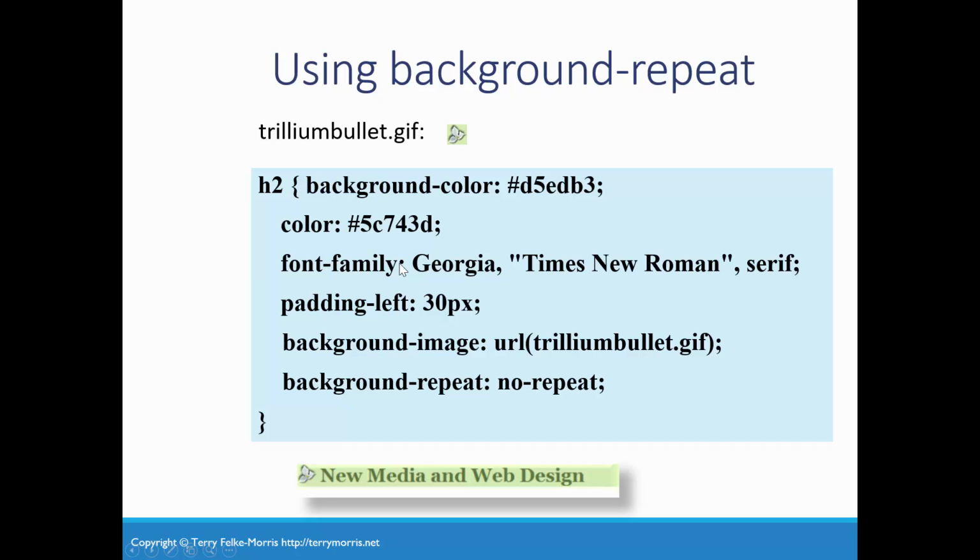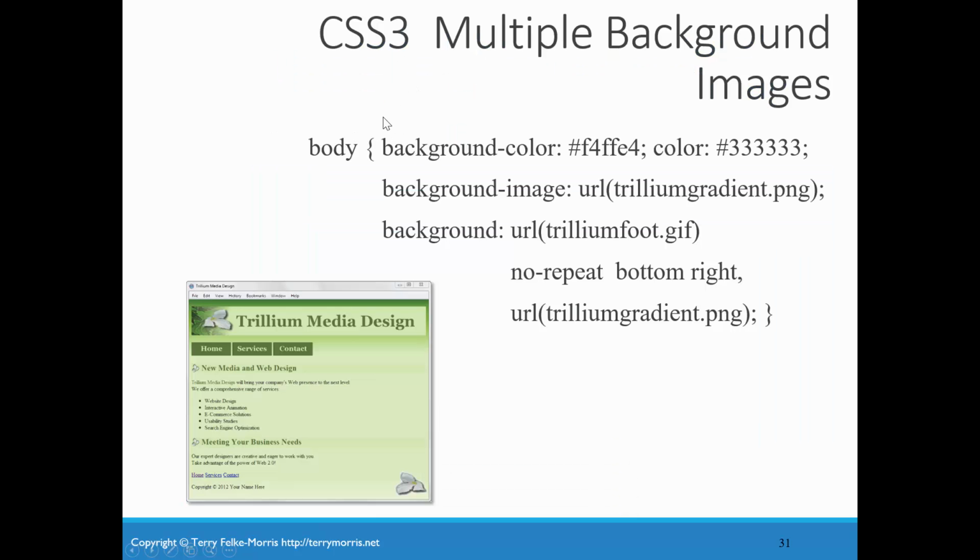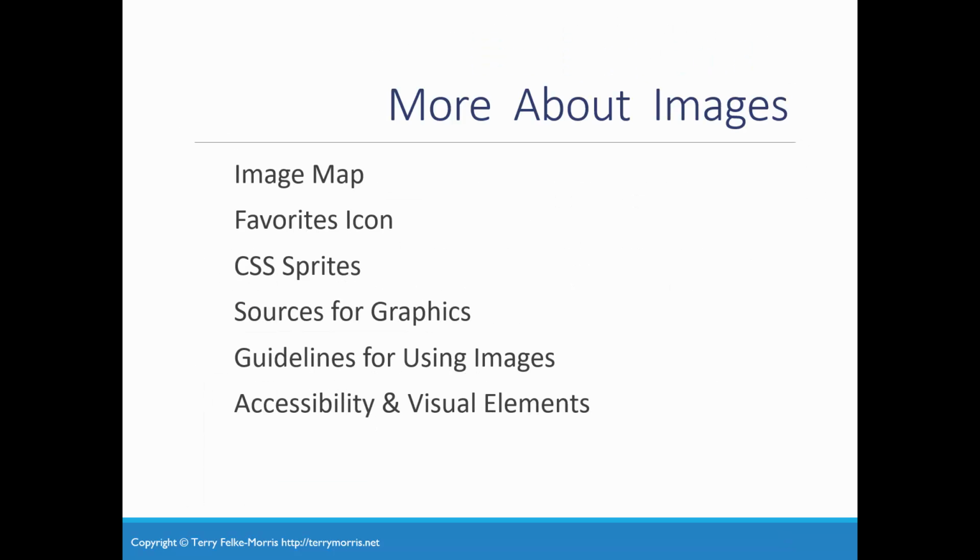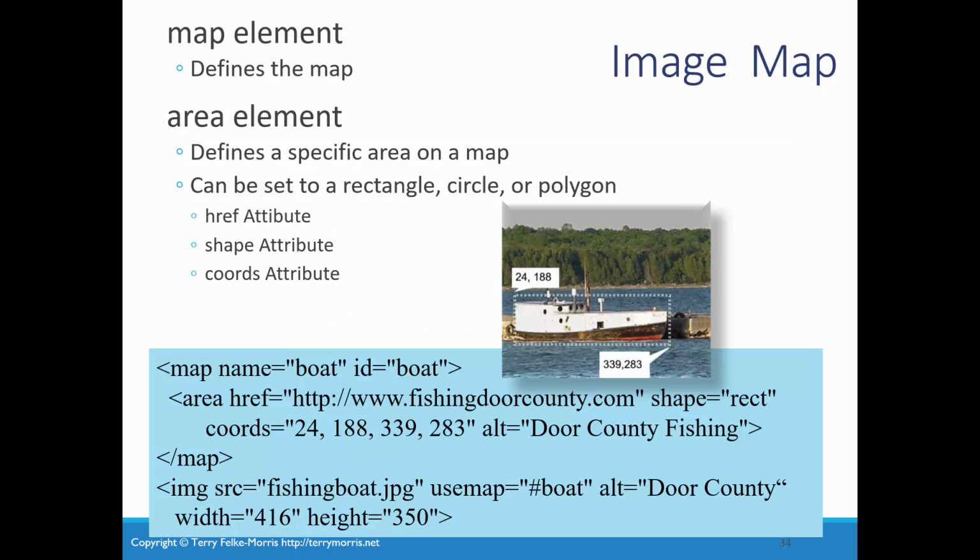All right, so there's just a couple of examples of what you can do with this. Multiple background images, so we could have more than one if we wanted to. I'm not going to get into that right now. I think that's fine. A couple other things that you can do here, such as image maps, favorites icon, CSS sprites, sources for graphics, guidelines for using images, accessibility and visual elements. It's going to be most of the rest of the chapter. All right, first thing that's here is